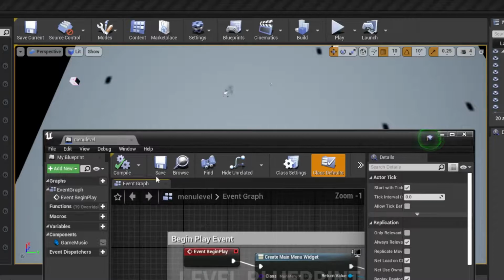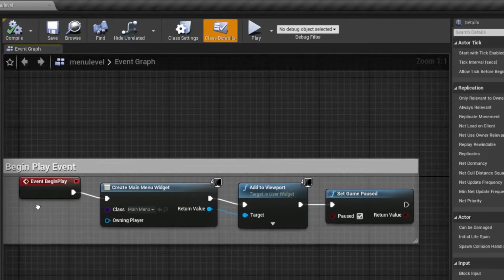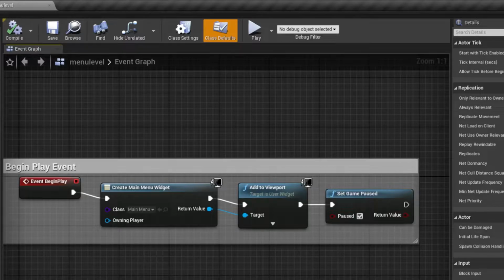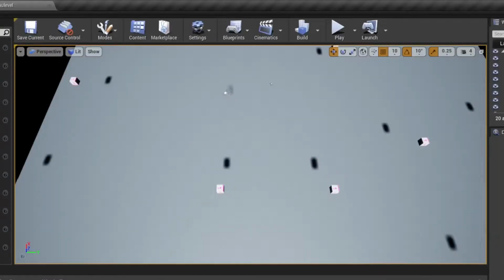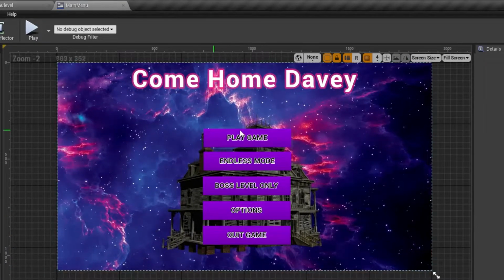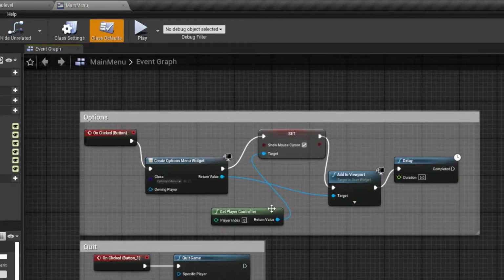This is my blueprints for the menu level. So I'll begin to play, cast to main menu widget, viewport, and it will set the game to paused. I have the main menu set up here, as you can see, and if you go into the graph, this is my code: